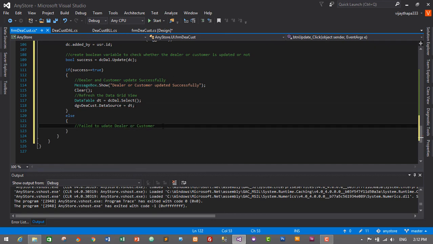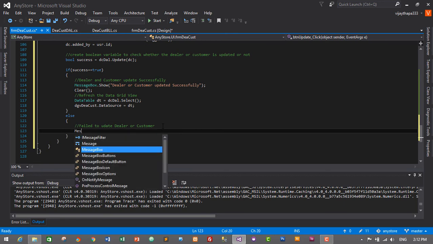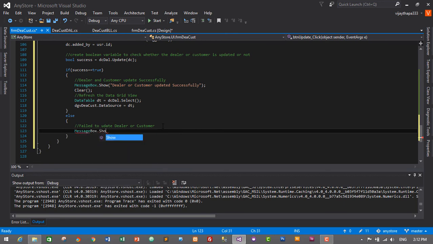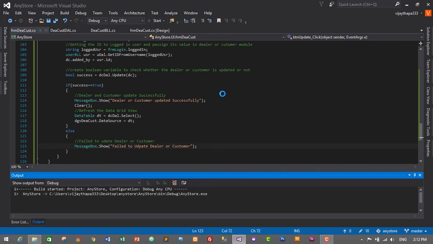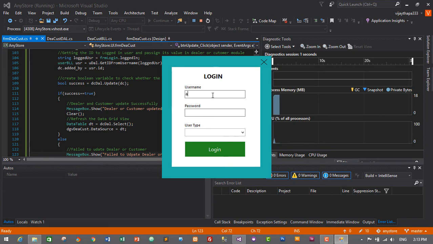Now we need to add message for error. So MessageBox.Show, failed to update dealer or customer. So that's it. Let's save it by pressing Ctrl and S and start our application to check whether our update functionality works or not. So login